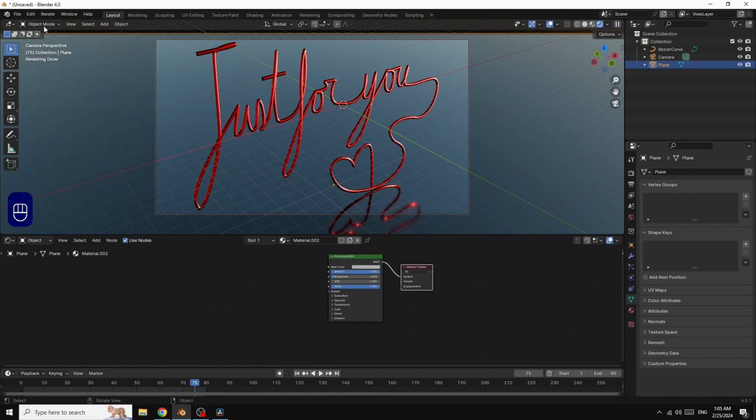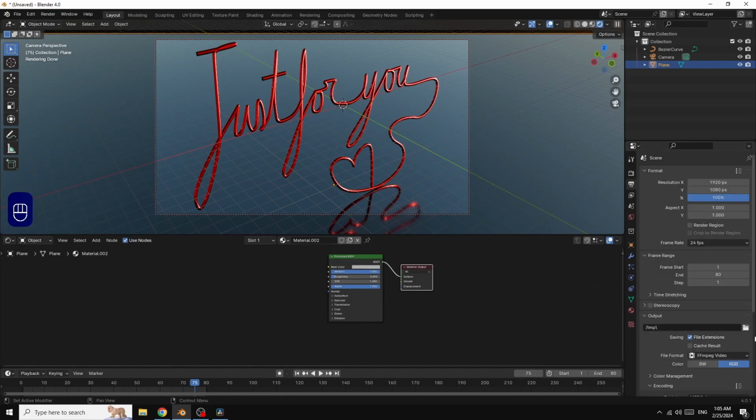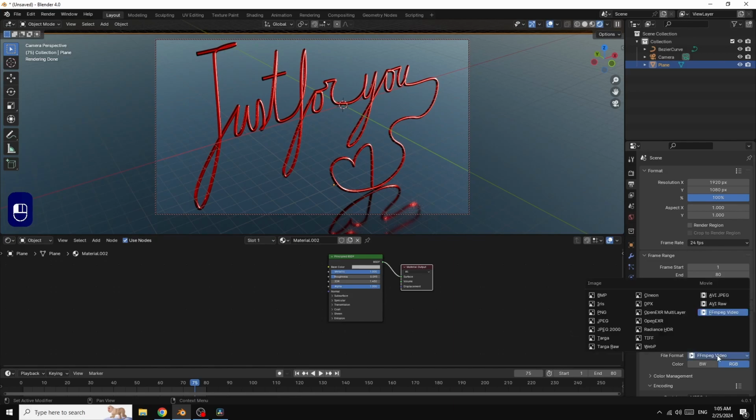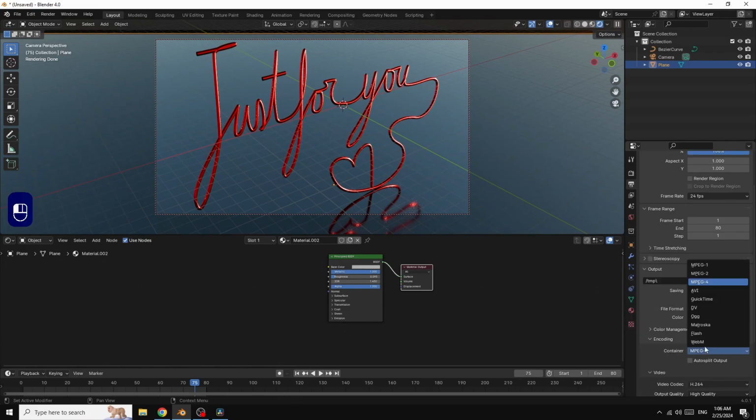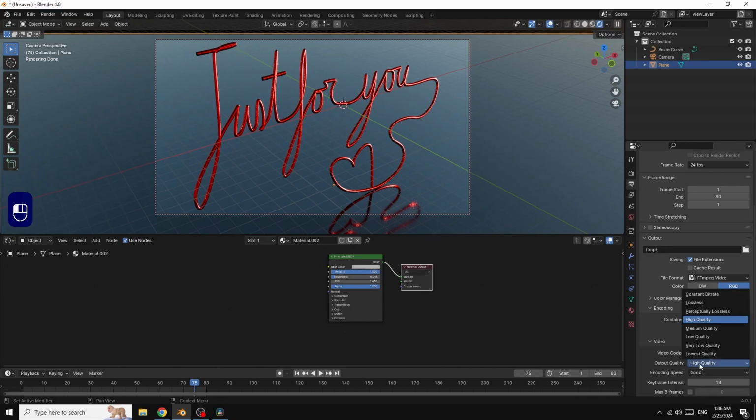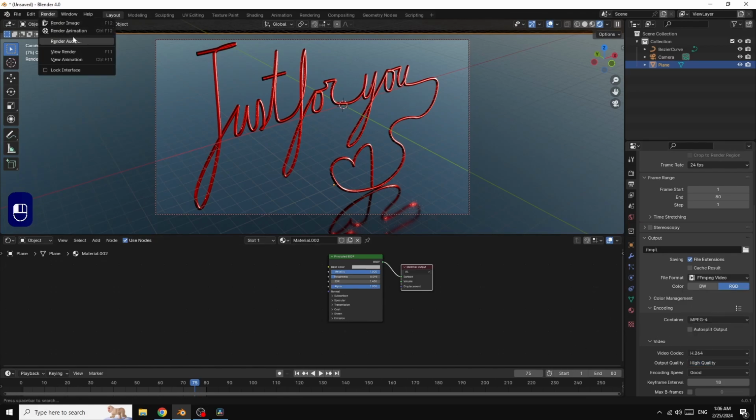Now, if you want to animate this text, you go here and you choose any folder you want for your animation to be in your computer. Choose here FFmpeg video and encoding, make it MPEG-4, and here choose high quality and go here in the render and render animation, but keep in mind